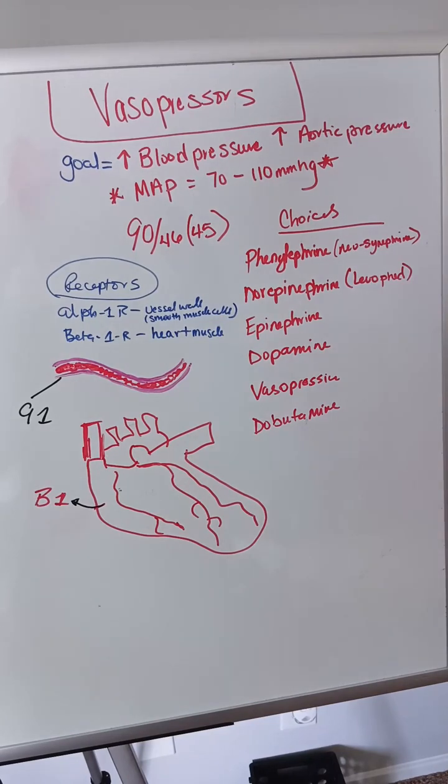Vasopressors, right? So vasopressors are a class of medication that causes vasoconstriction. The reason why you would consider vasopressors is, of course, if you need to increase the blood pressure, also blood pressure slash aortic pressure, right? If you're in the cath lab, you have AO pressures as well. If you need to increase the mean arterial pressure, if it's, let's say, less than 65 and you want to bump it up,